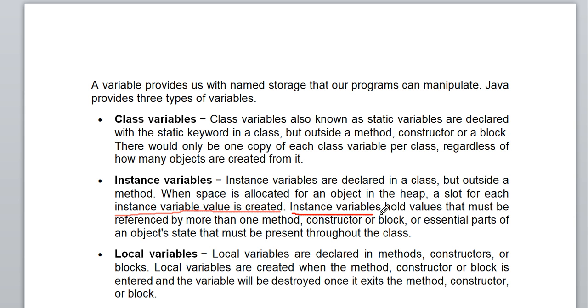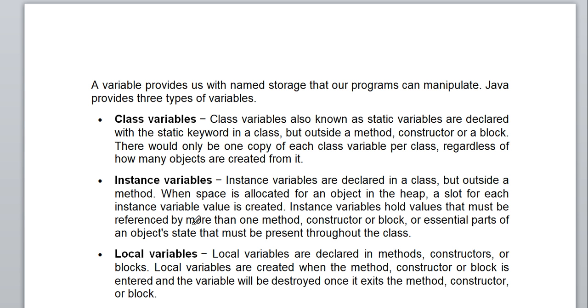An instance variable holds a value that must be referenced by more than one method, constructor, or block, or an essential part of an object's state that must be present throughout the class. It means that with different objects we can preserve different values, and at the same time the same variable is used to preserve different values. This kind of variable is called the instance variable.